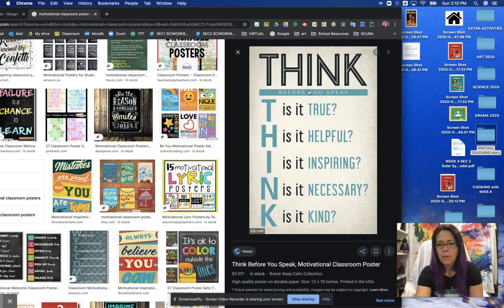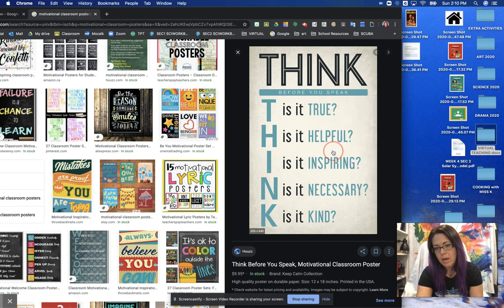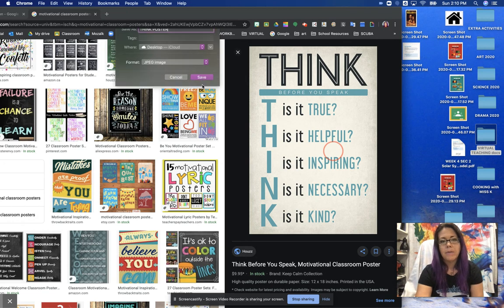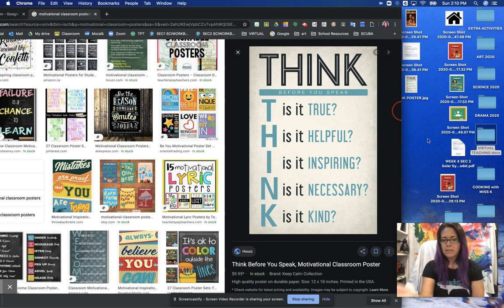So here you got a couple of options again. You can right click it and save it to your desktop. So you can save the image as, so we're pulling it. So home design, I'm going to call this Think Poster. And I'm going to save it to my desktop. So it'll pop up over here as a JPEG downloaded. But what I'm going to do, which tends to help with this, is take a screenshot of it